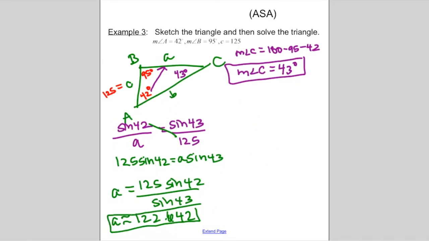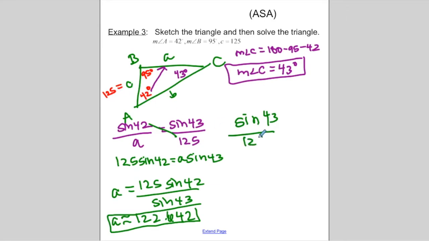So let's go ahead and find my third side. I'm going to use my pair of A, my angle A and... nope, sorry, I'm not going to use those because I was not given A. I'm going to use this angle and the side that I was given. Okay, this one was rounded. This is more accurate. So I'm going to do sine of 43